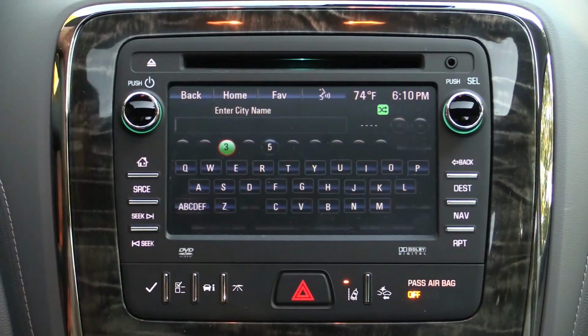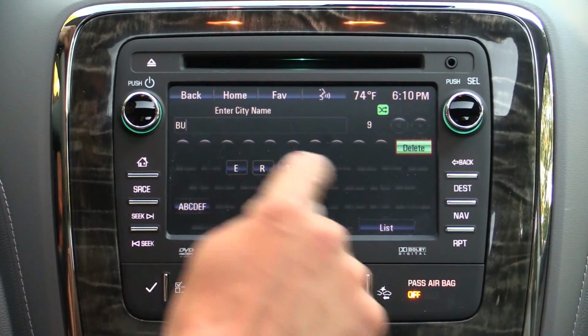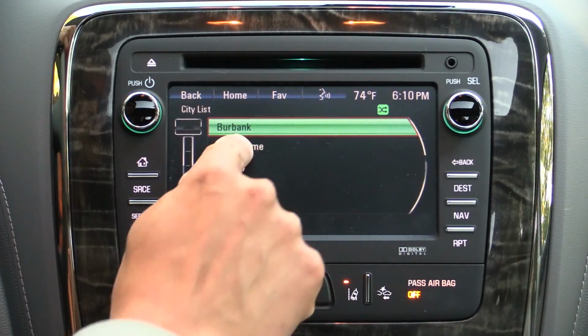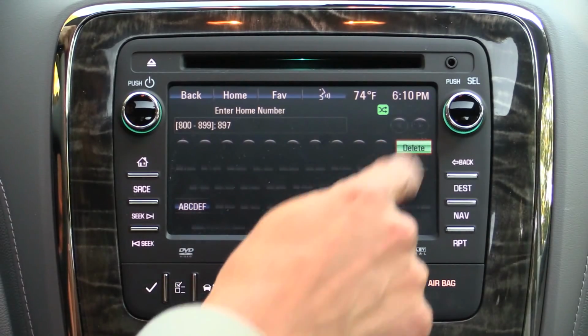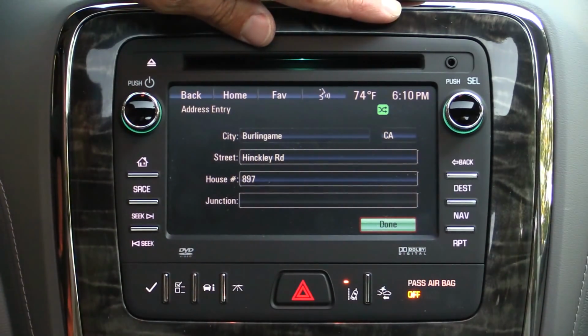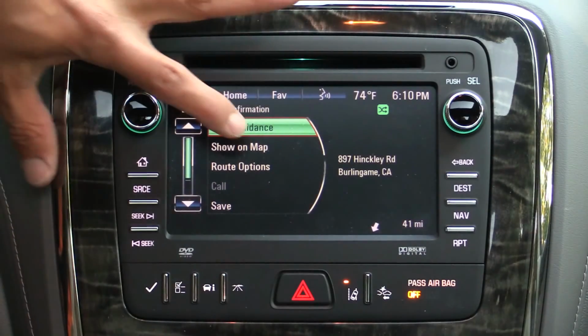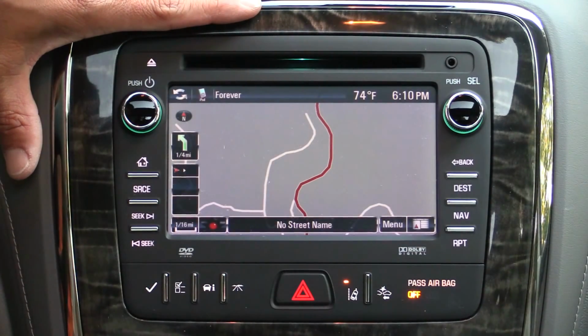System is fairly responsive when it comes to this. We'll enter one here so you can see it's definitely faster than I am as far as interactions are concerned. The system is this rapid because all of this data is stored in flash memory, so that makes accessing it very rapid. If we hit done, we can hit start guidance, and the system calculates the routes and recalculates traffic